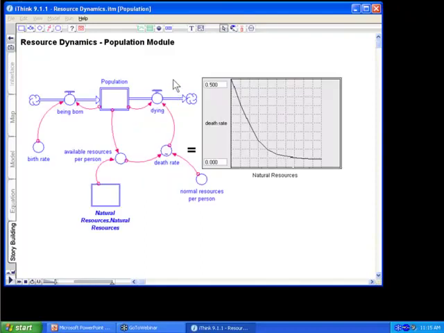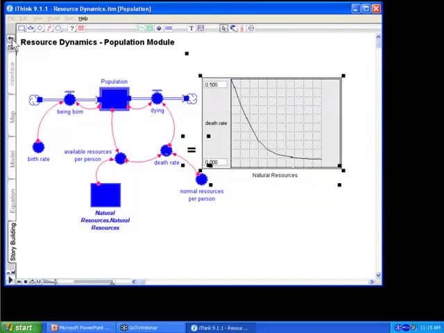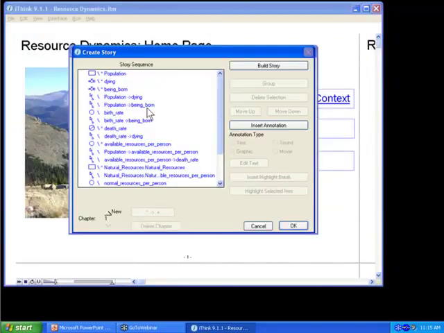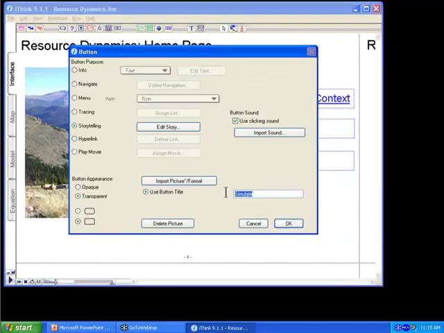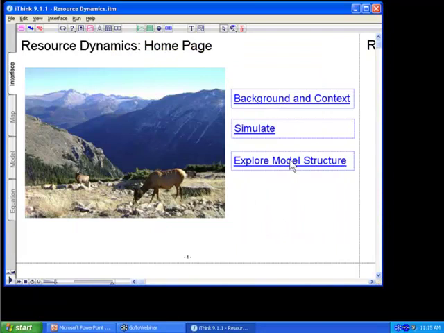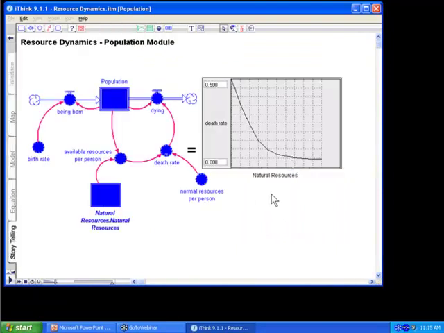Let's go down into the population module, and I just want to show the whole thing at this point. So I'm just actually going to drag, select everything, and return. Hit OK, and change the name to Explore Model Structure. Great. So now when I click on this, it's going to show the model to the user,